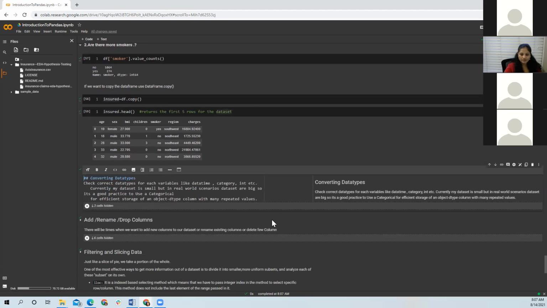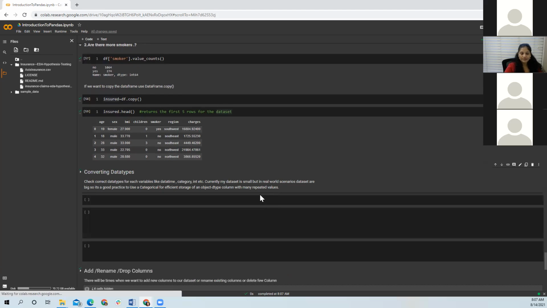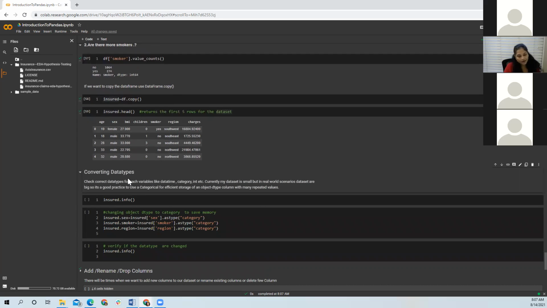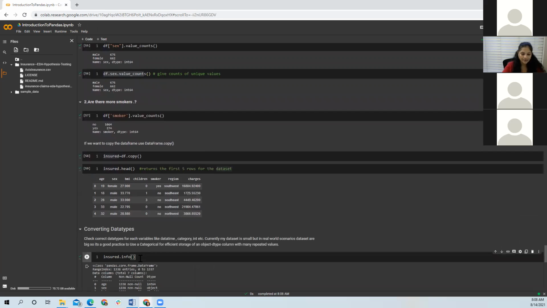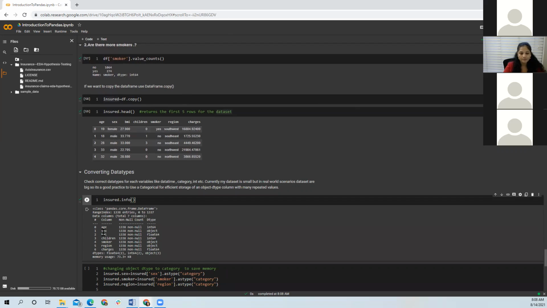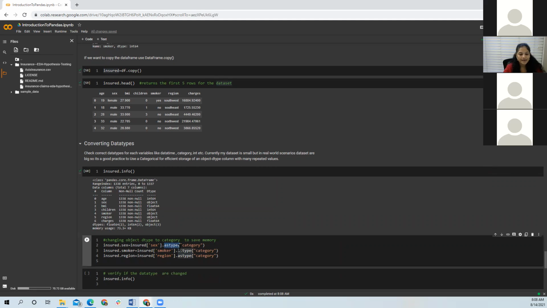We'll move on with this. As I mentioned before, Pandas is very smart. It takes the data types on its own. But what if we are not satisfied with the data types Pandas has taken? Then we'll have to convert them. I don't have any date data type here, but if I did, Pandas would still take it as an object. But I want to work with those dates, and I can't work with dates if they are objects. So I'll have to cast it into datetime. For that you use something called astype.